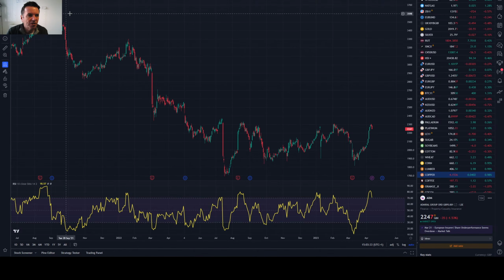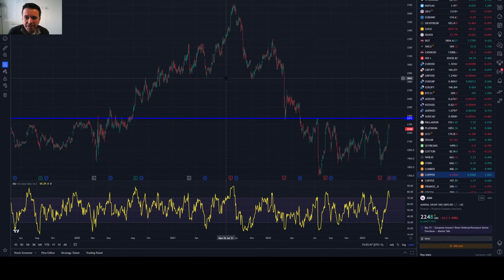I mean, I'd go short. I suppose if I had to do anything, I'd go short. I'd take the view that since the summer of last year, whenever the shares have run up towards £24, the sellers have come out, and we're back up here again. So for me, I'd be going short Admiral Group personally.